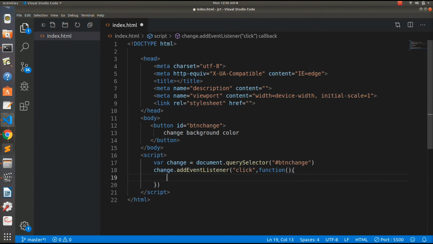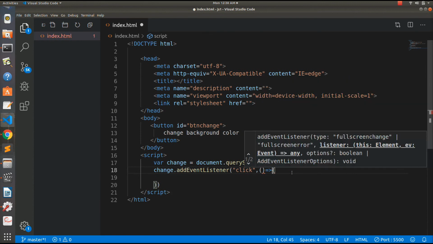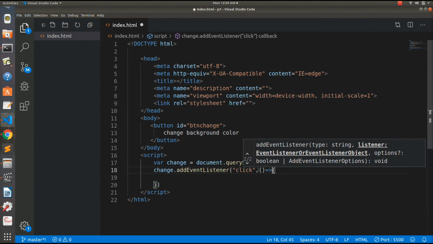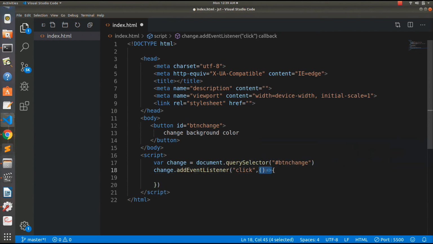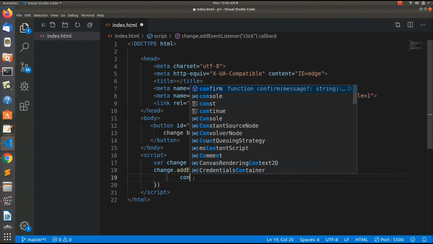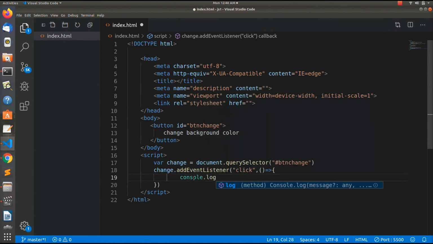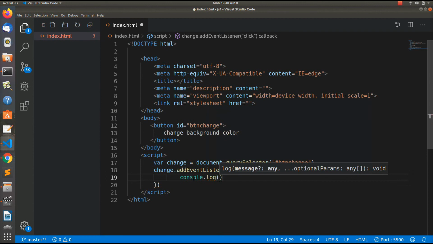So there is another syntax also of writing this part. You can simply cross this and you can write here bracket equals arrow and this. So this is the small part of writing the function and the bracket that we wrote earlier. So first of all, let's see if our code works or not. So to see that, we will write a small printing statement here that would tell us whether this code works or not. So I'll write here hello.